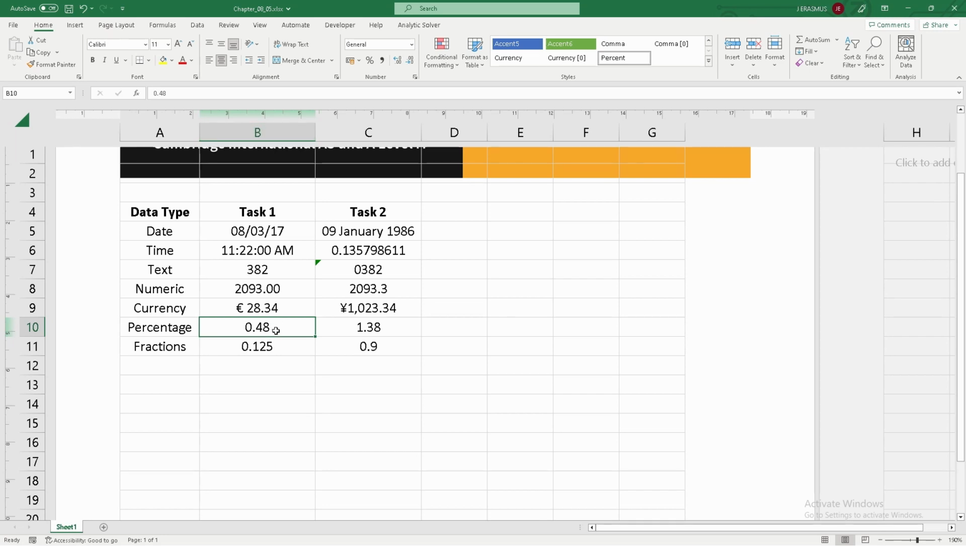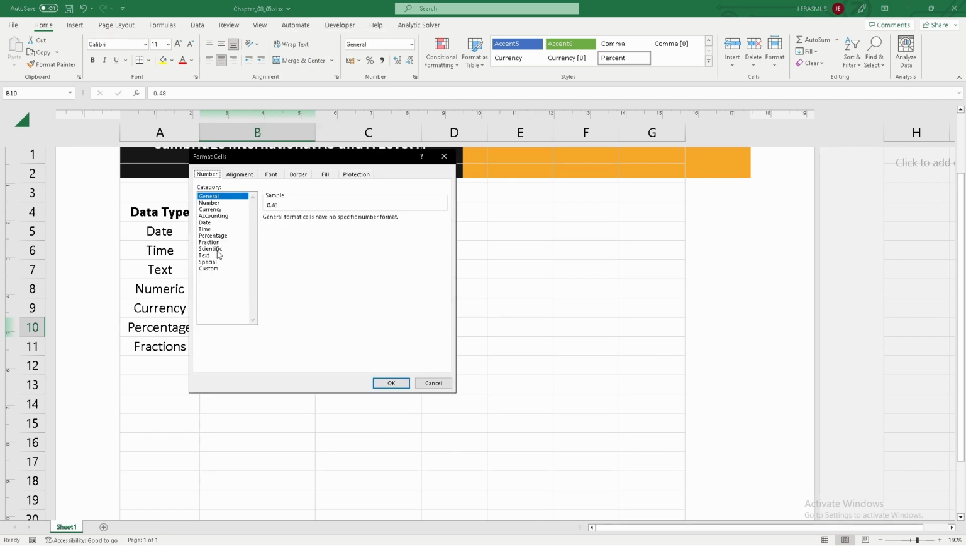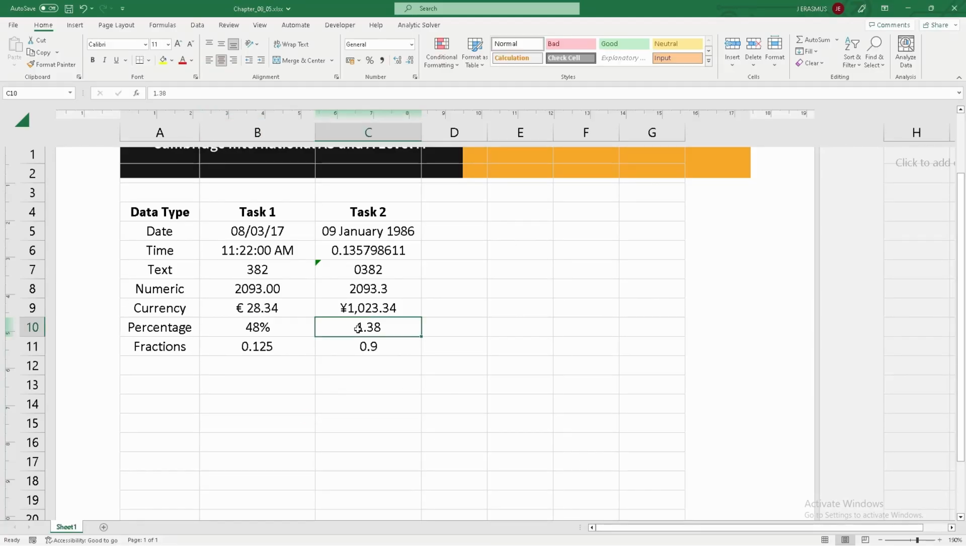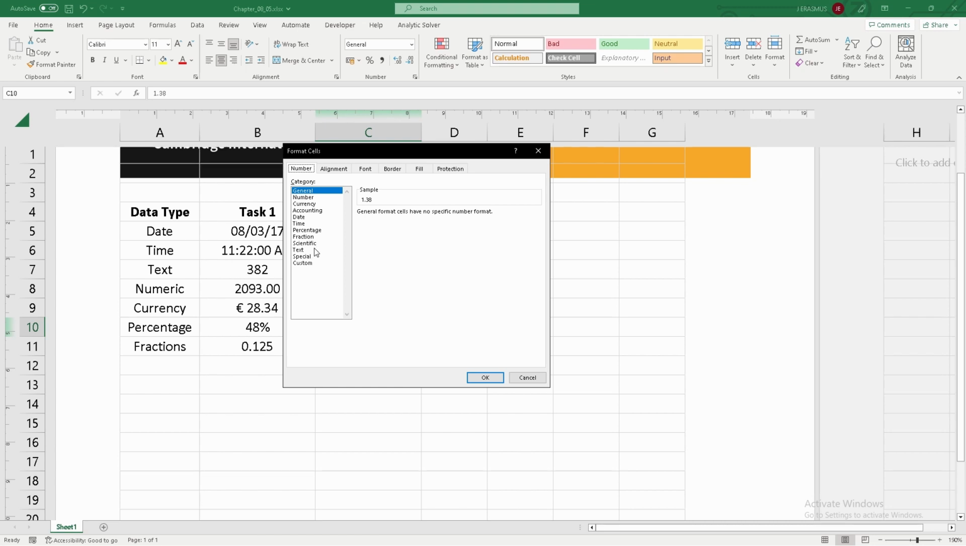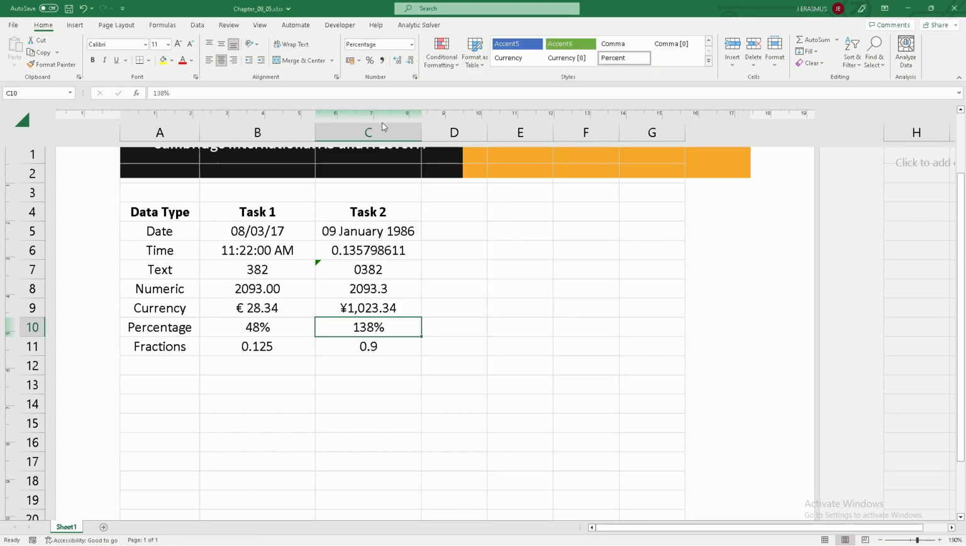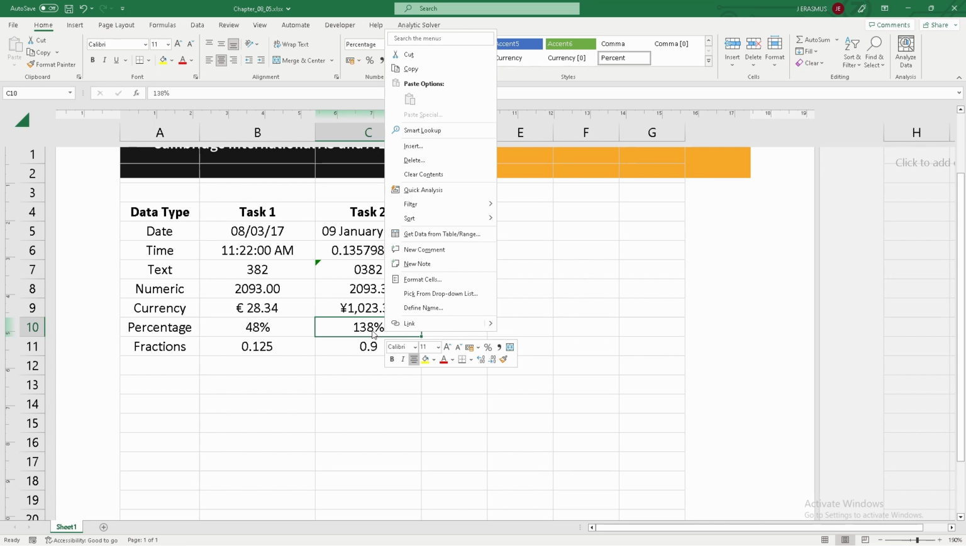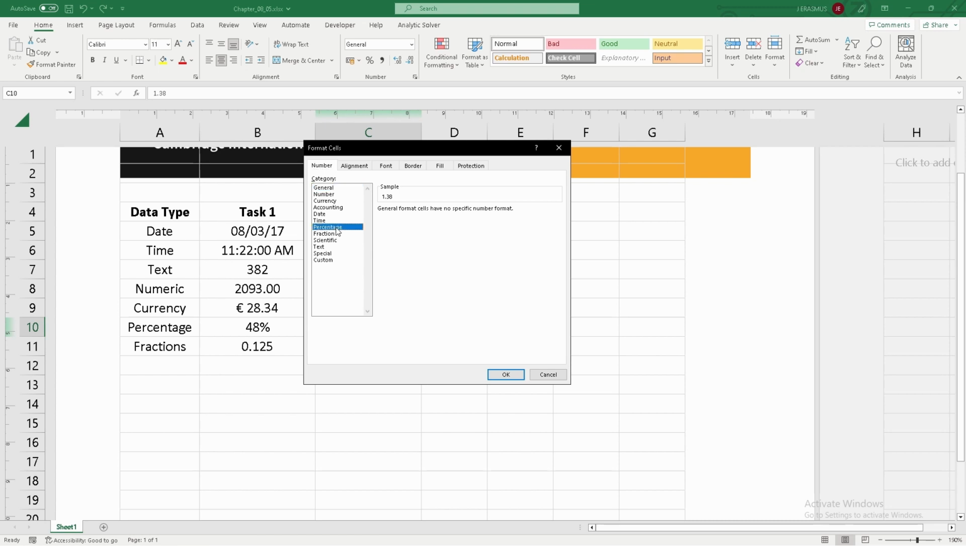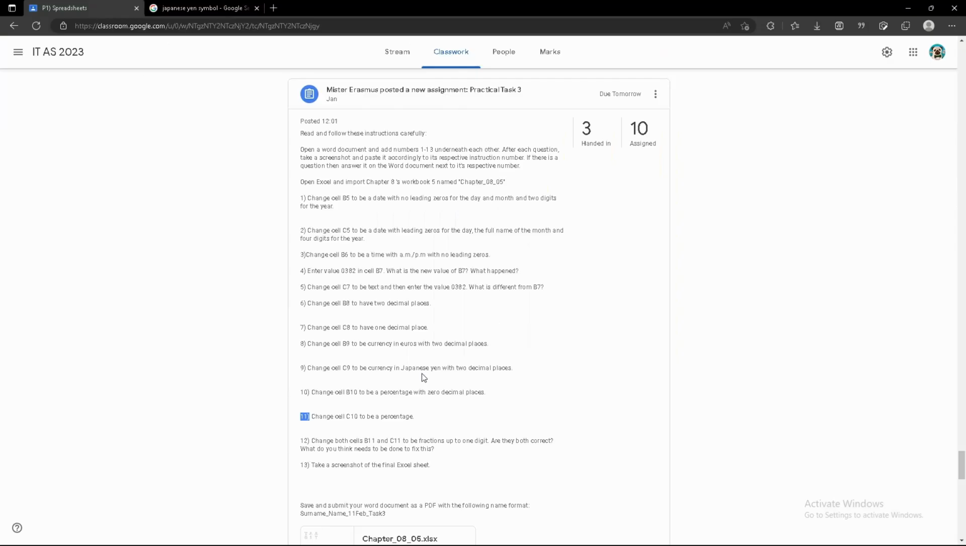So B10 must be a percentage with 0 decimal places. There we go. And then just change cell C10 to be a percentage. Percentage, and well, actually we can just say percentage over here as well, but it seems that it just changed that incorrectly, so I'm just going to go back here, percentage, and there we go, and change both cells B11